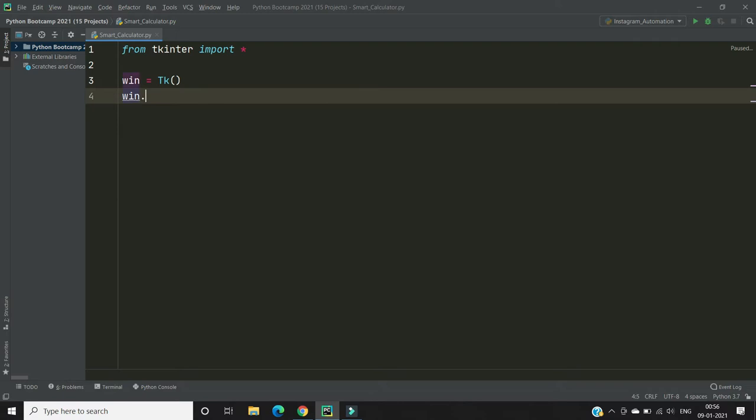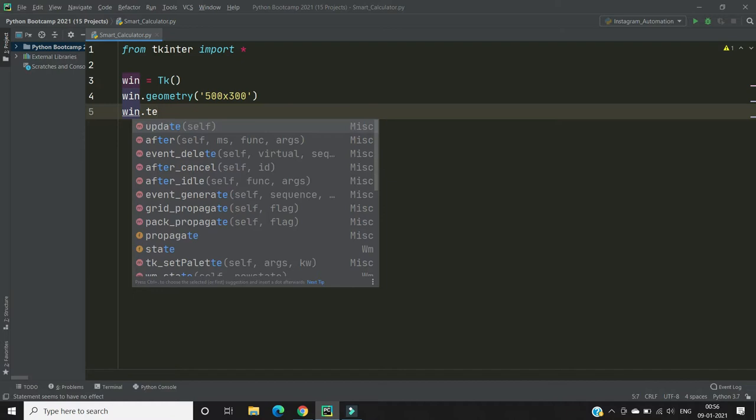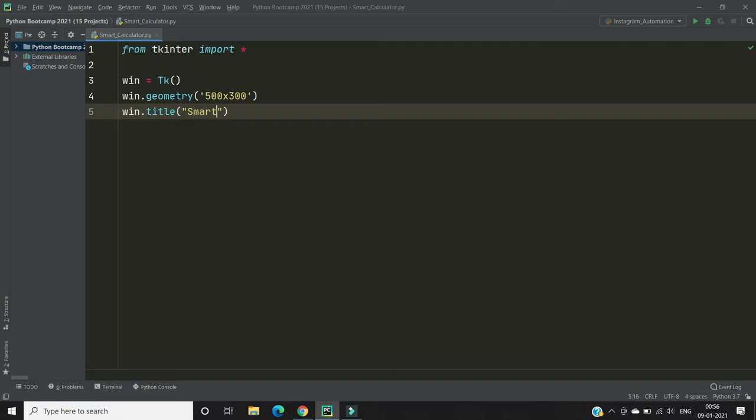So we use geometry method and then pass 500x300. Use x here and not star operator, and then we will set a title for this application window. So title and then give smart calculator,